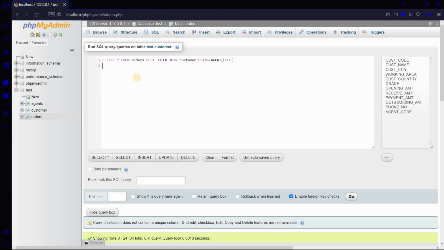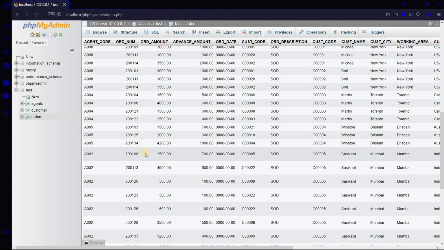As we can see, the data of the orders table, which is on the left side of the relation, is compared to the customer table, which is at the right side. Thus, the data of the orders table is displayed before the data of the customer table.